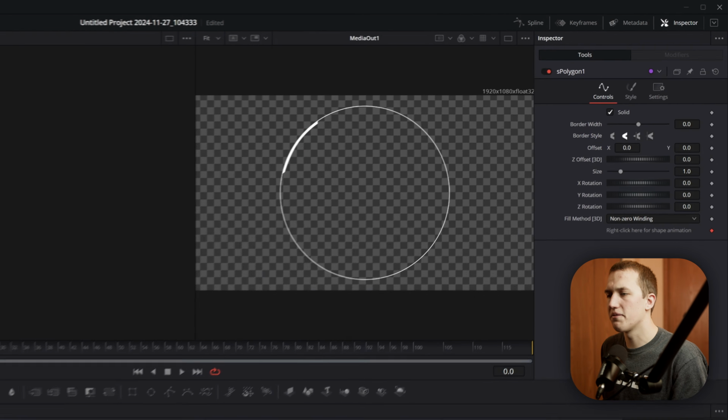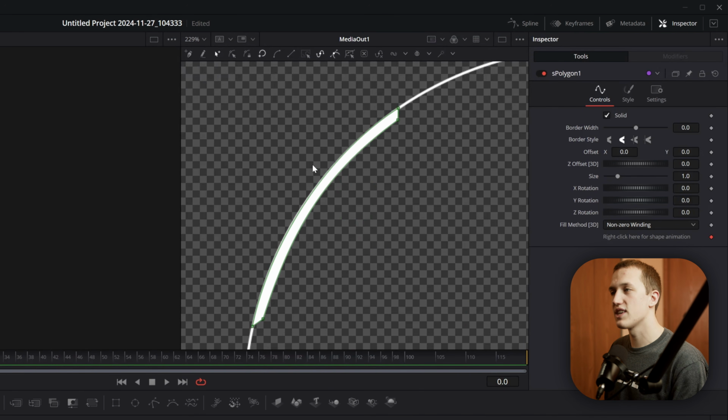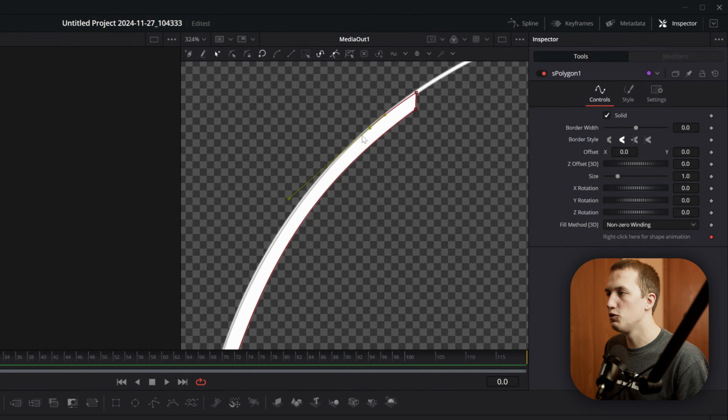So let's take this a step further, clicking on our S polygon node. And I want to add in another accent on the outside of the circle that's just protruding from the other side. To do this, we're going to add in a few points. We're going to add in 2 right there, come down here a little ways, and add in 2 spaced about the same distance apart. Now we can select those 2 points in the middle and then just drag this up